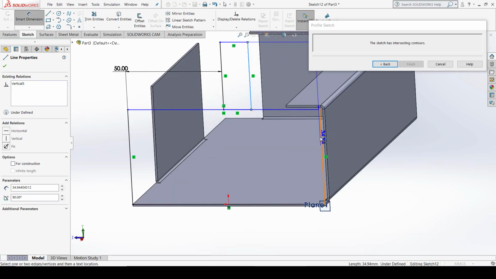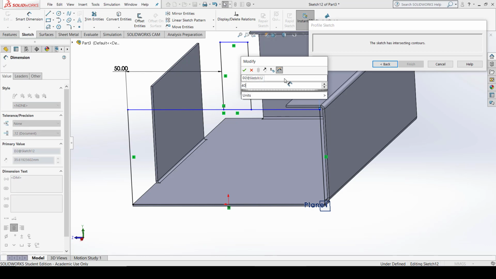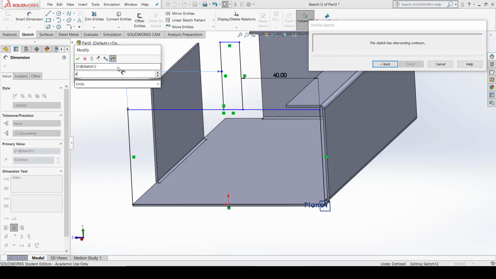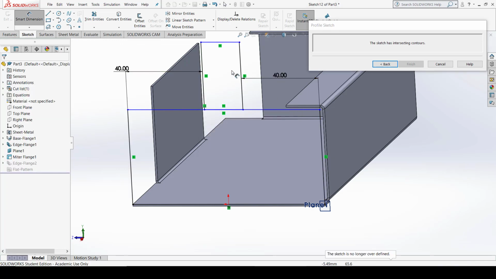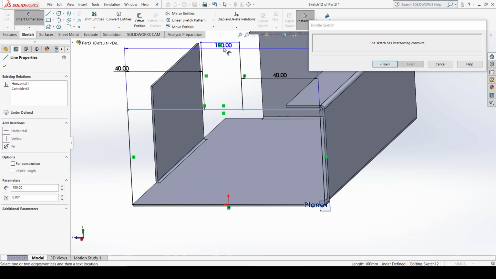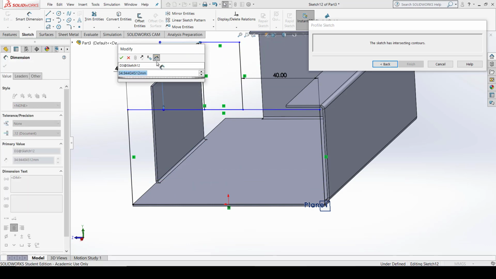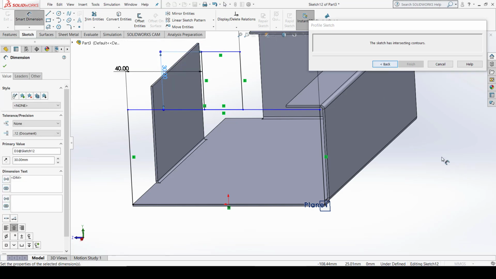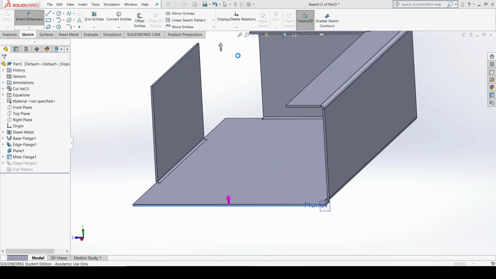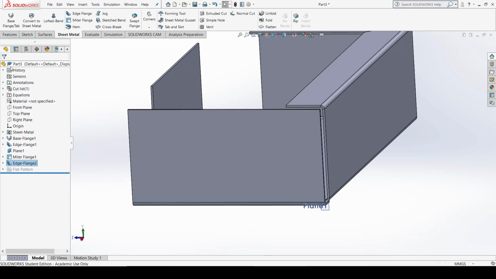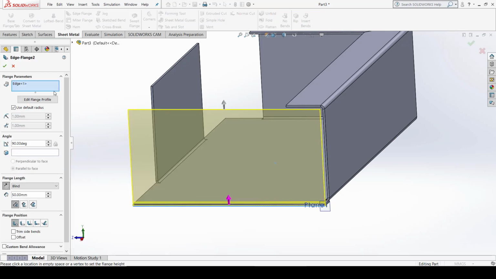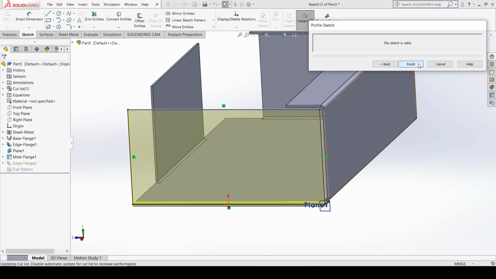Again, it should be 40, and this distance is 20. And this distance should be 30. Exit. Fine. Go to edit features first, edit flange here, finish. Fine.